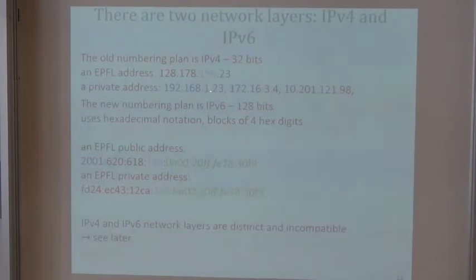So that is too short and has been replaced by something which is longer. This is 32-bit. Now this is 128-bit. This is called IP version 4, and this is called IP version 6. There is no IP version 5. I mean, there was one, but it's not really an IP. It's called protocol ST2. So this is, in principle, the normal IP addresses, except, as we will see, they are not used a lot. Most of the internet today uses IPv4, with a fraction of it moving to IPv6.